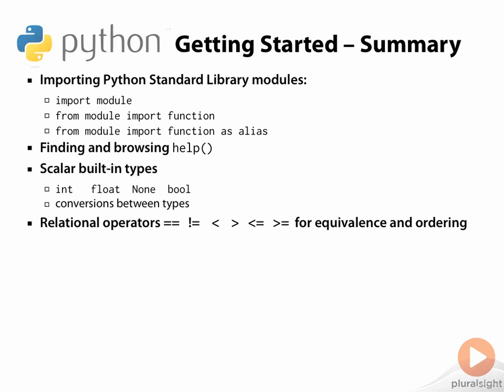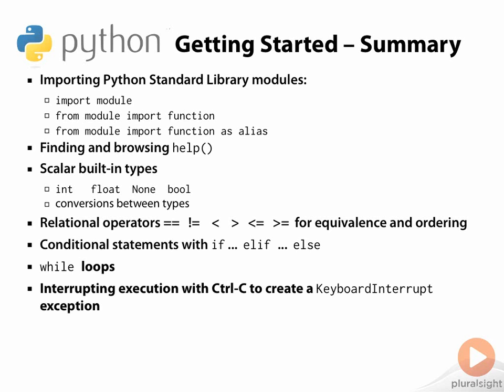We looked at the 6 relational operators: equality, inequality, less than, greater than, less than or equal to, and greater than or equal to. These are used for equivalence testing and ordering. We demonstrated structuring conditional code with if, elif, else structures. We showed iterating with while loops, and how to interrupt execution of infinite loops using Ctrl-C, which generates a keyboard